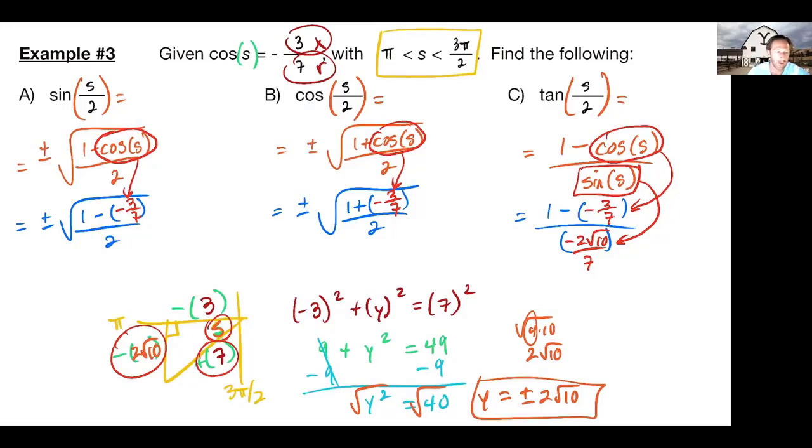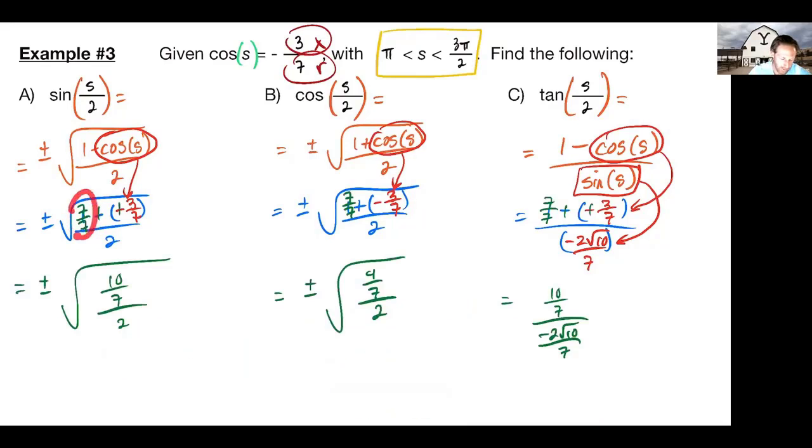In order to do that, my next step would be getting my 1 to be a 7 over 7, so I have my common denominator, and then negative times negative became a positive, so I get 10/7 on top. Don't forget it's all over 2. And then over here, same thing, that 1 would become 7 over 7, and then this was a negative. So then 7 minus 3 is 4/7. Don't forget over 2. And then here, same idea, 10/7 on top, and then this was what was on bottom,